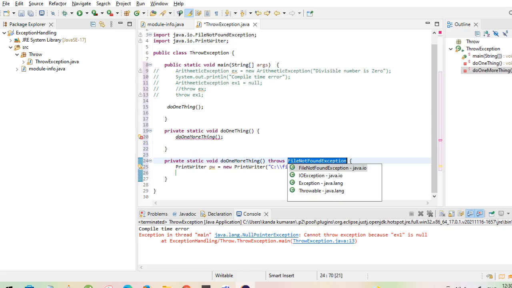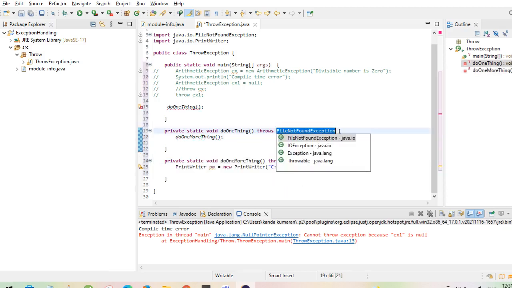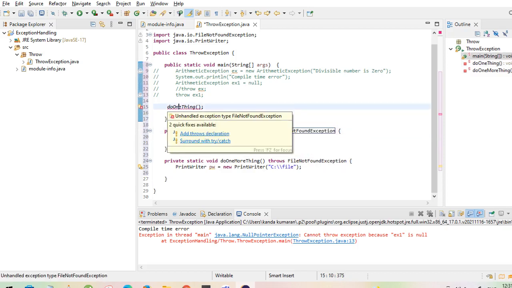If any checked exception is handled at the innermost method, then we need to declare this throws keyword followed by the exception everywhere, in the parent and child methods also: grandparent, parent, child. So now the error will come to the main method. In the main method also we need to add this throws declaration.